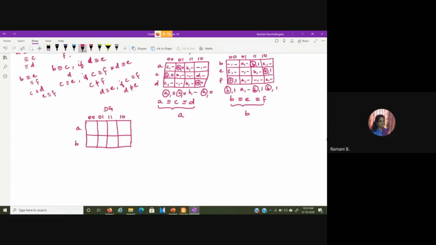State A and B. Whatever I wrote at the bottom, I am going to have that in the row for A. B comma dash, A comma 0. Here B comma 1, A comma dash, B comma 1 and B comma 1. So this is our reduced table.